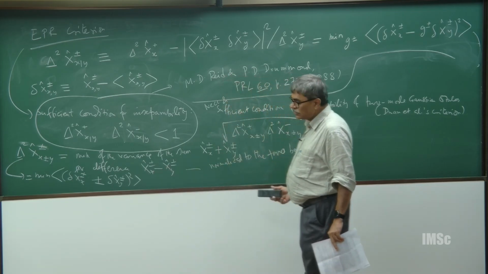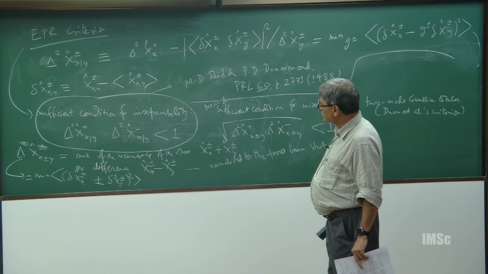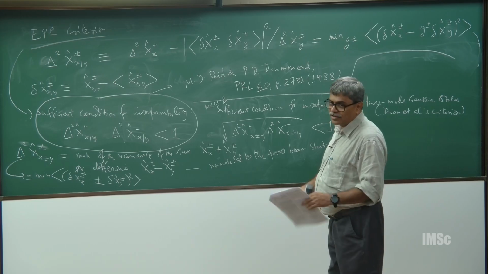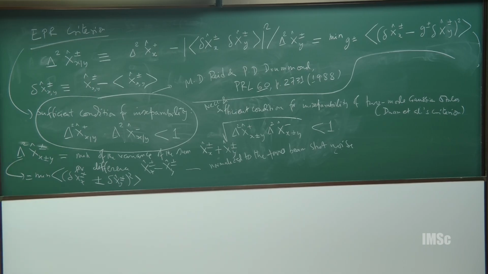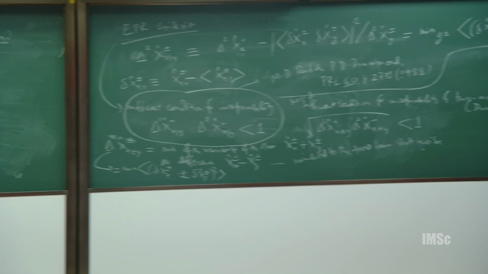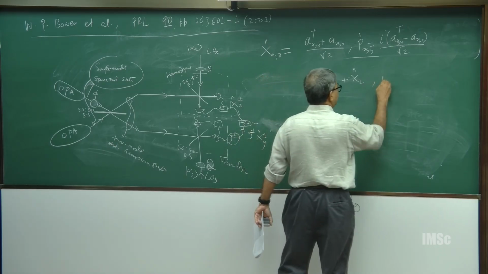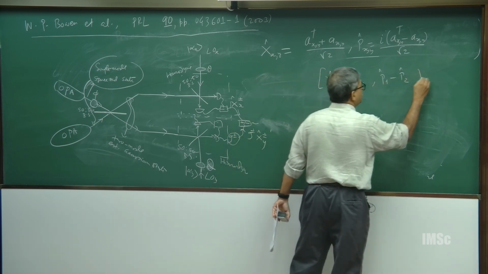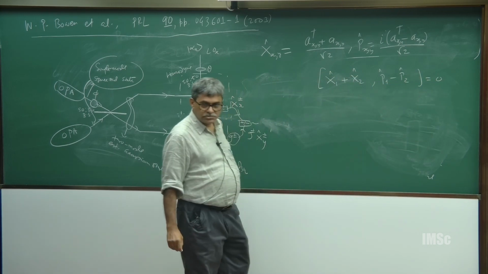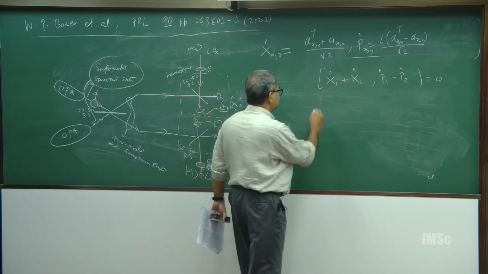In all these criteria, we always take the sum of operators in one quadrature and the difference in the complementary quadrature. Why do we take this? You see that if I take x1 plus x2 for the two mode case and p1 minus p2, they will always commute, and we know that these EPR states,